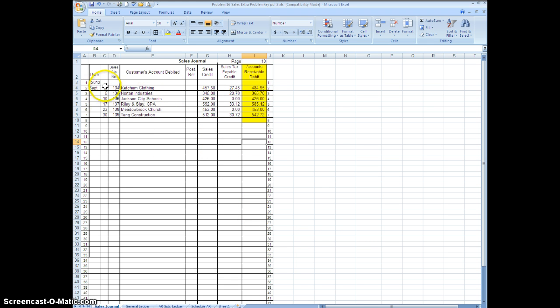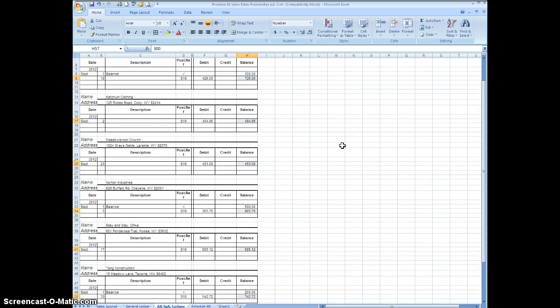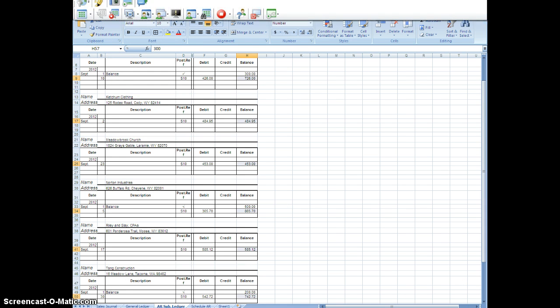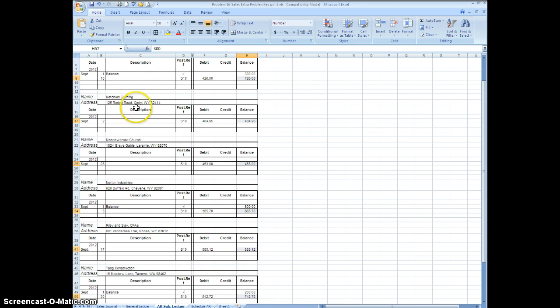So what I would do is work top to bottom, and I'm going to start with Ketchum Clothing. It is on September 2nd, and this is going to be the amount, the $484.95, that we're going to post as a debit. If you can't remember, look at your column headings because it tells you. So let's go to the subsidiary ledger. Now mine, I believe, is already posted. So if you go up here to Ketchum Clothing, you can see that on September 2nd,